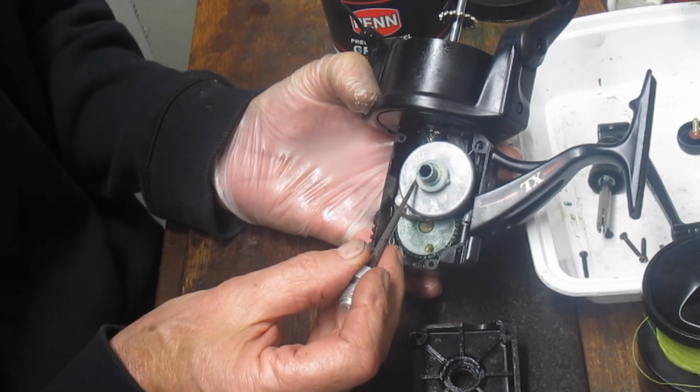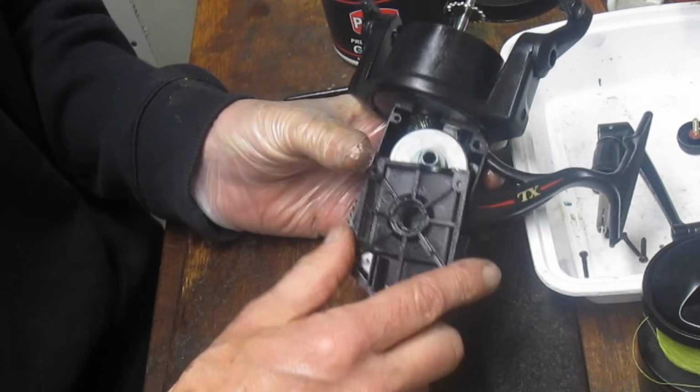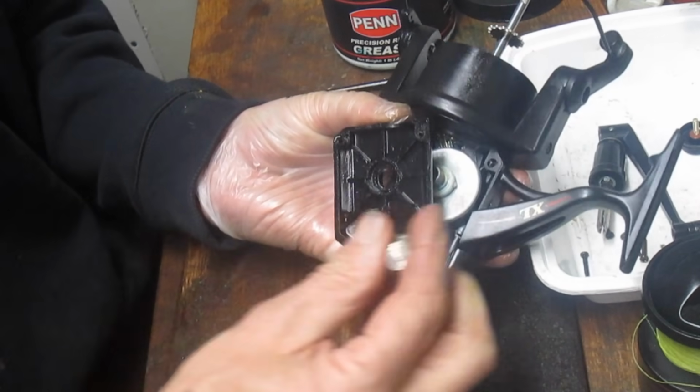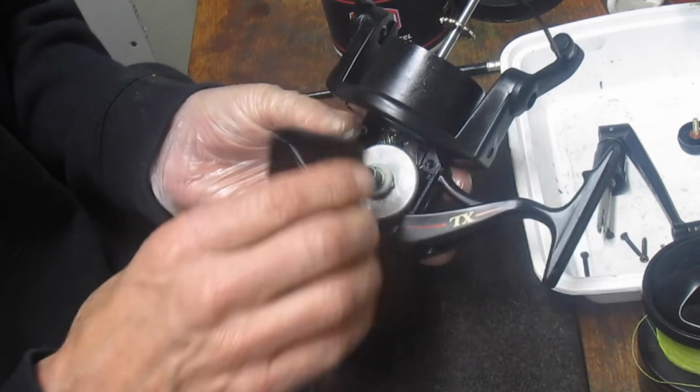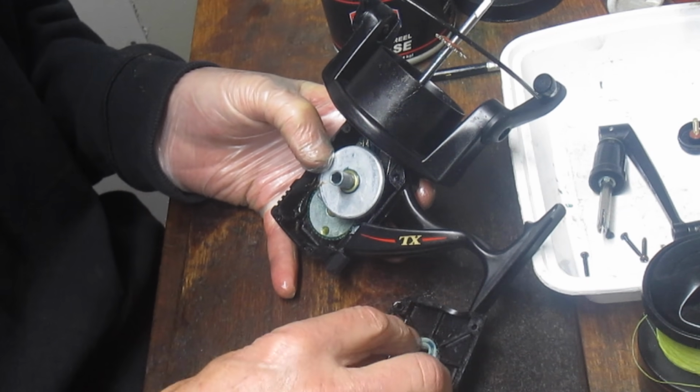It's got one on each side here. And in order to be successful upon reinstalling, you need to make sure that the bushing with the tabs goes into the opposite slots here. So let's just take that off right now so that we don't forget. And I'll show you that that goes in here,